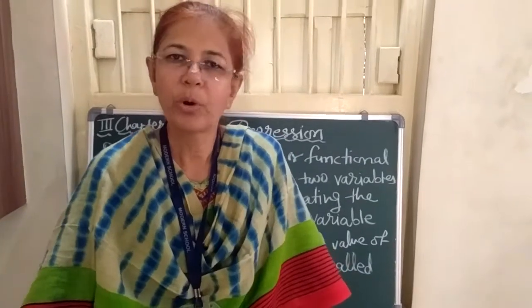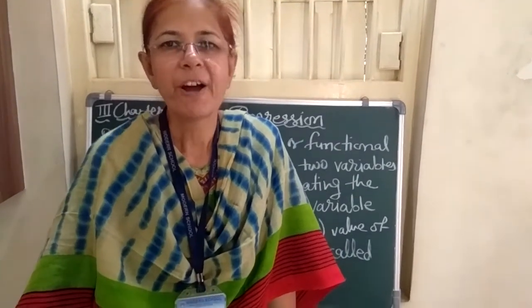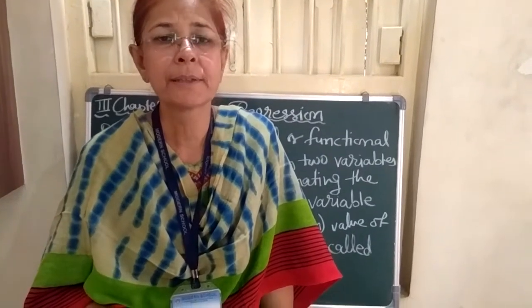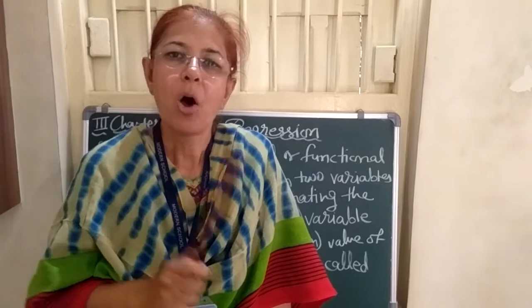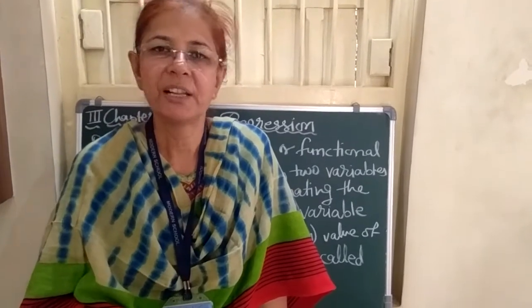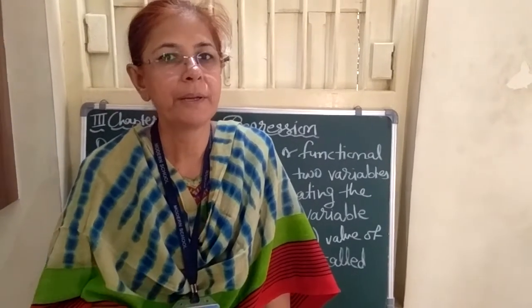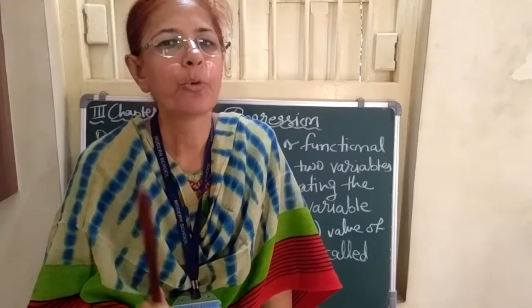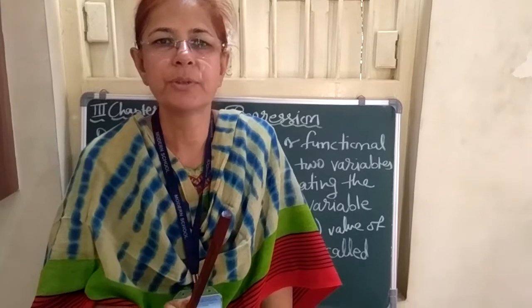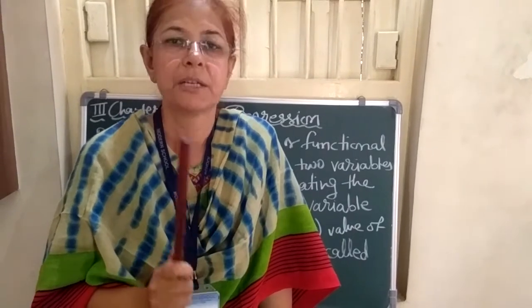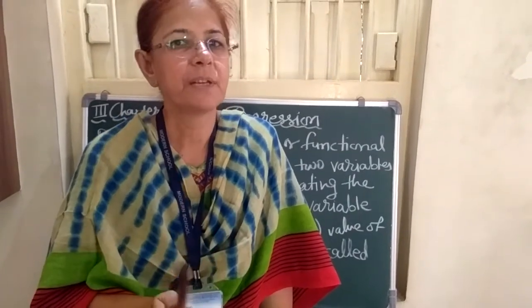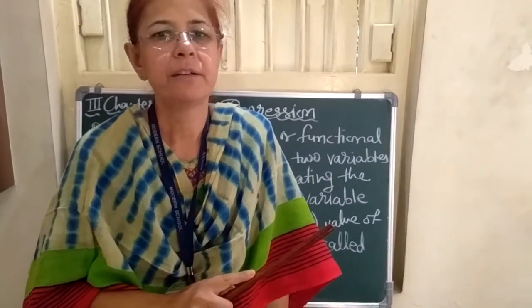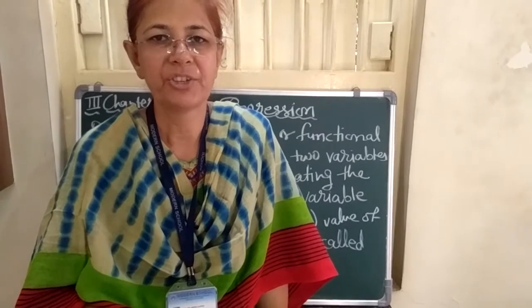With the help of correlation, we can find what type of relationship is there between two variables, or even how much they both are related to each other. That also we can find, like with Karl Pearson's product moment method, where, for example, r is 0.86. That shows that 86% relationship is there between two variables, x and y. This we can find with the help of correlation.